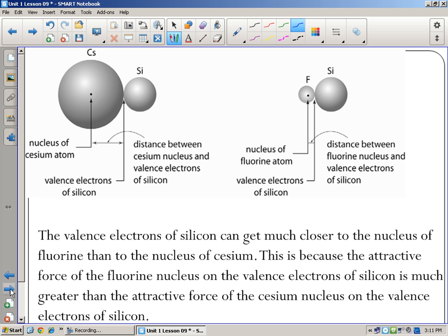All right? Now, I want you to think about this for a second. If we're talking about the ability to share electrons, or in some cases maybe even steal electrons, we're going to compare, this is silicon here, there's its nucleus, and there's silicon's nucleus there. So I want to show you a little bit about what we're going to be doing here in the next little bit, and it's maybe, we're not even going to get this complicated, but just so you know. Those are both our silicons. We're going to compare, basically,